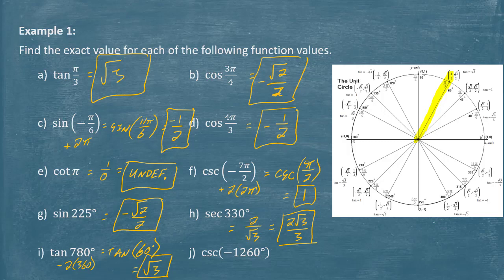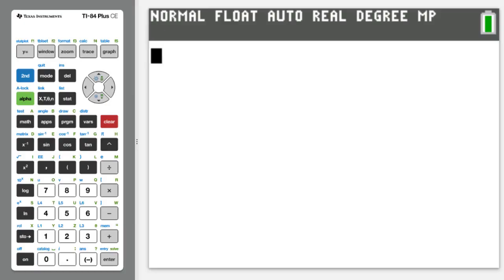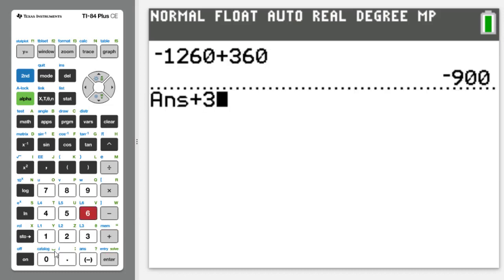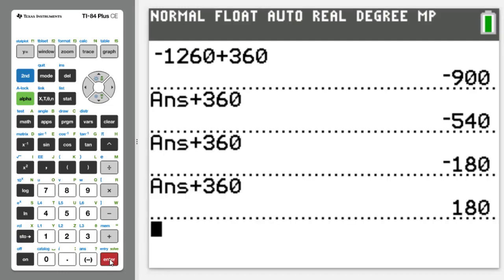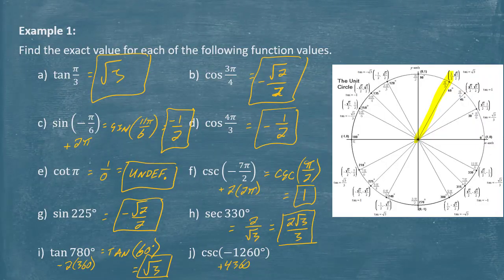And then the last one, negative 1260, I'll probably end up needing to add, I think, 4 360s. And we can go ahead and maybe bring a calculator into that just to show potentially the math behind this. You could also just do repeated addition with 360 until you finally get an angle that works. So notice all I did was just keep the answer plus 360, and now I should just be able to press enter over and over until I finally get a positive angle. First positive it looks like I got to was in fact 180, so if I go ahead and switch back here,